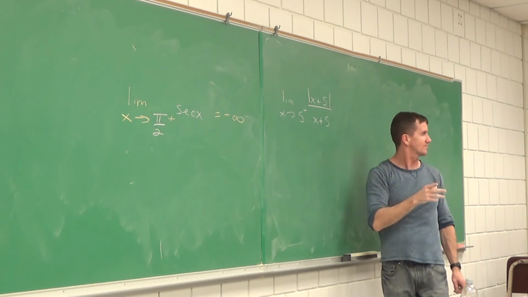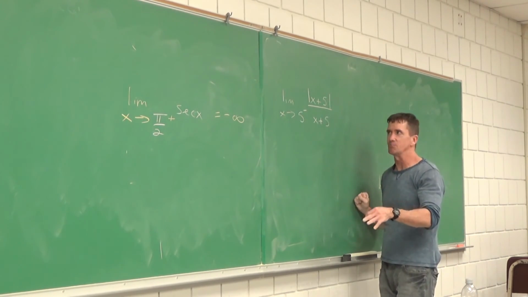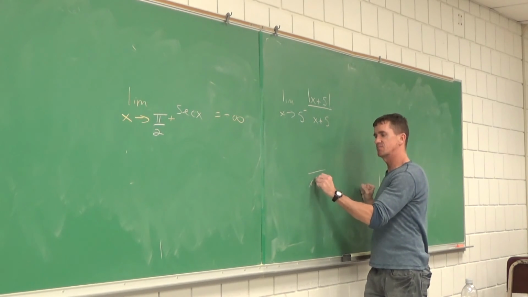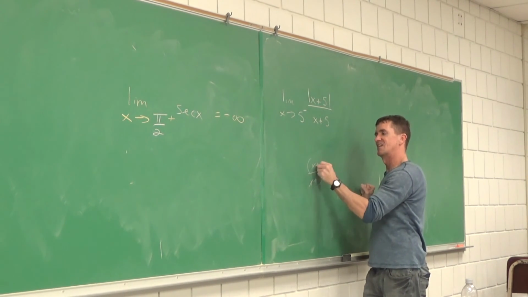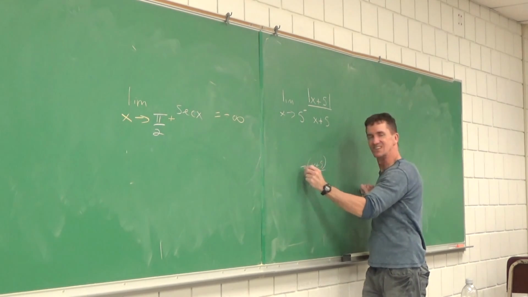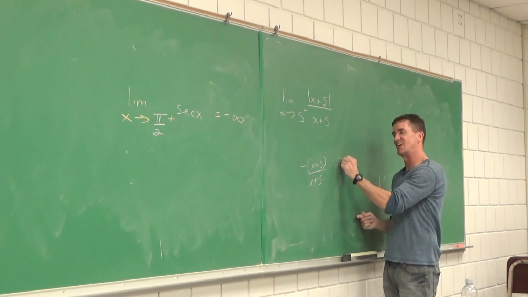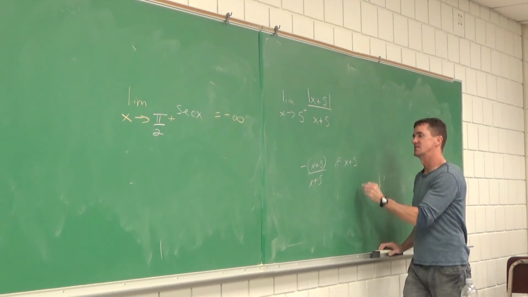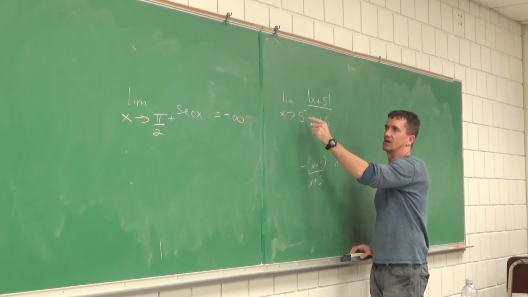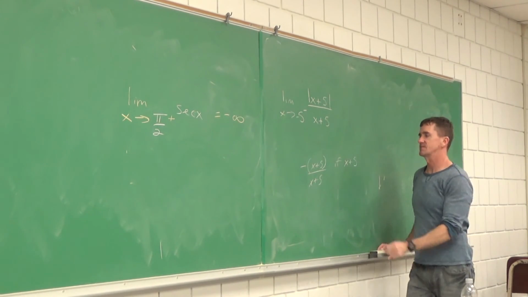So what's going on on the left side? What is this expression equal to? On the left side, what is it? x plus 5, what's another way to write that? Ooh, big, very good. You put the negative there, and then I say if x is less than what? If x plus 5 is less than or equal to what? 0. Now I see my error, I meant to say the limit as x approaches negative 5 from the left.